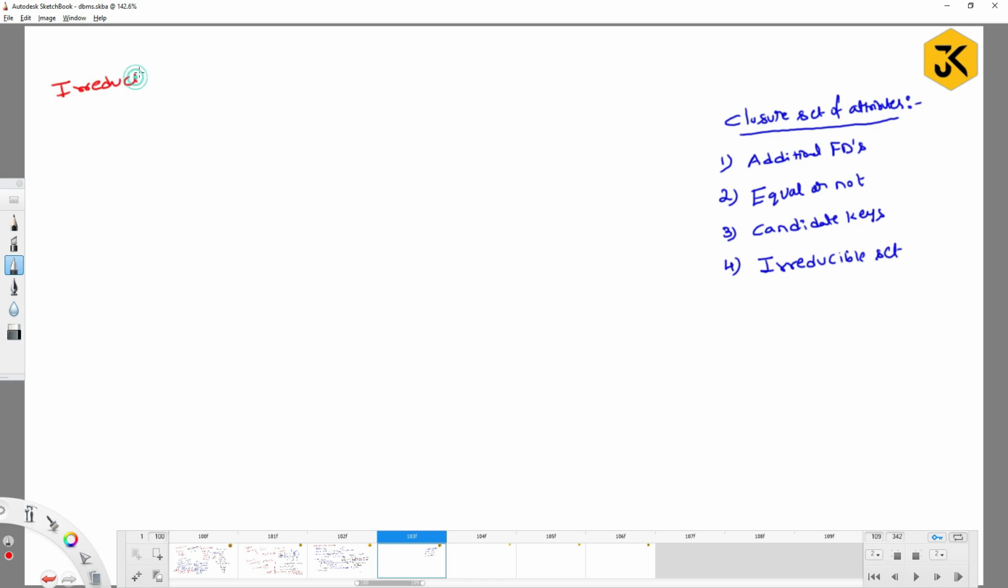irreducible set, or I can call it a minimal set, or I can call it canonical FDs. These are the many ways you can call it, right? So guys, the meaning itself is clearly understood. If I am saying irreducible set, it means one which I cannot reduce further. If I am saying minimal, which I cannot reduce further, then I can call it an irreducible